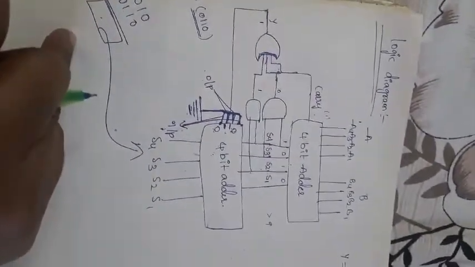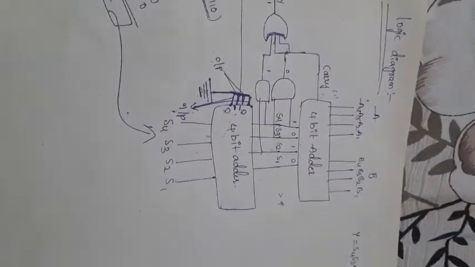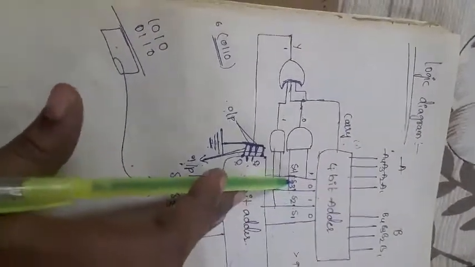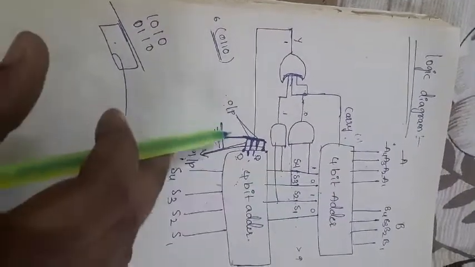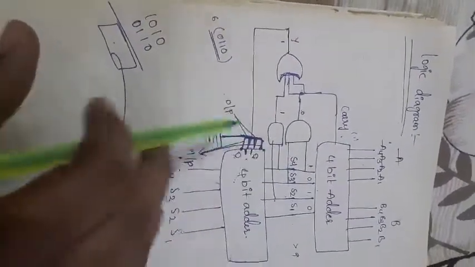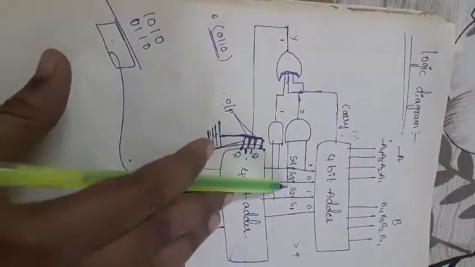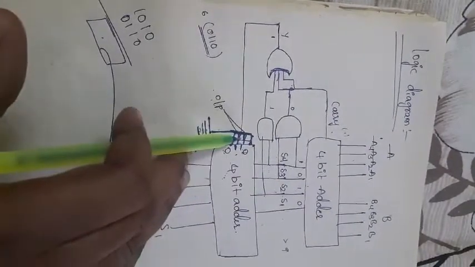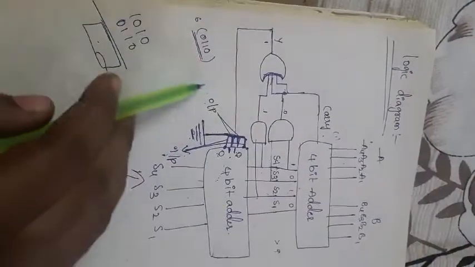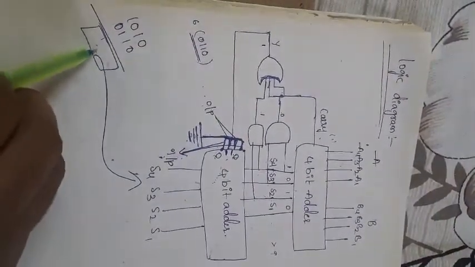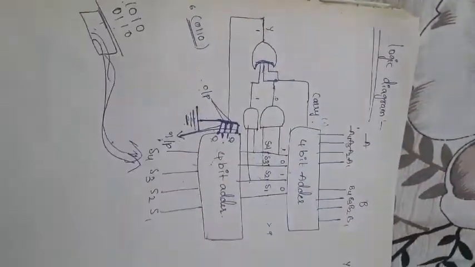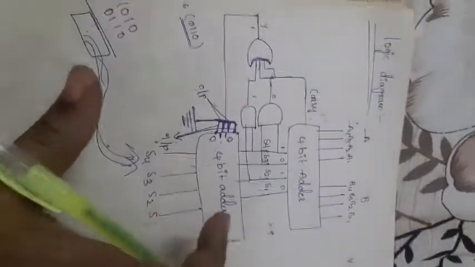Your correction is done by this 4-bit adder. Whatever the 4-bit adder output is, that is the actual sum. The output of the first 4-bit adder is added with 6 if any correction is required. That means this is already a correction case, because the sum is already greater than 9, so it is added with this 6. Whatever final result we get after adding these two numbers is the final sum for this 4-bit adder. So this is one procedure.